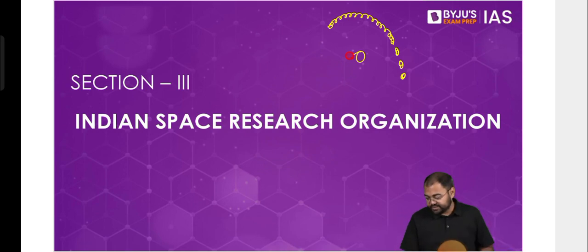And then about finding something like oxygen, or even sulfur. Yesterday, it was reported that it has also found sulfur on the surface of the moon. Then the temperature variations that they found on the moon. All these will help us in understanding the moon better, understanding the origin or the developmental phases of the moon, and that will give us a better understanding of the solar system and the universe and everything that exists. So overall, it will help in research, and it's not only an application for Indian society, but a science-based application as well.